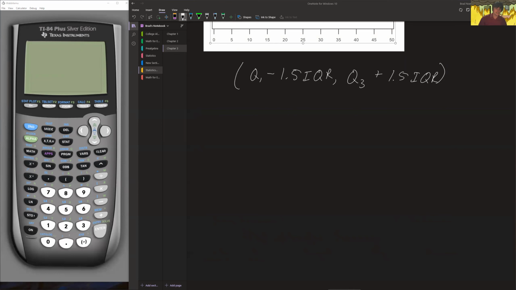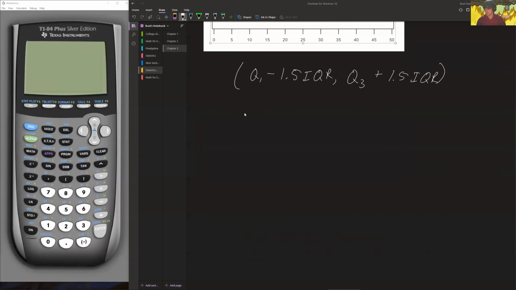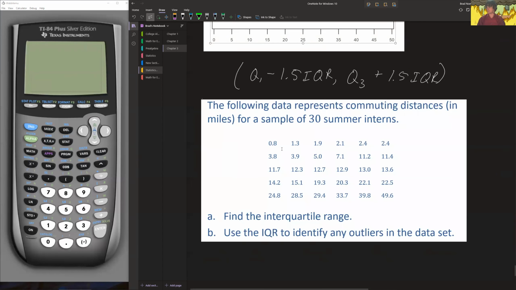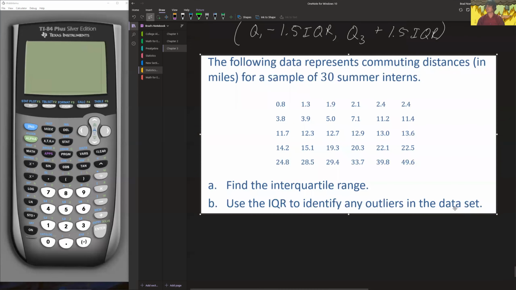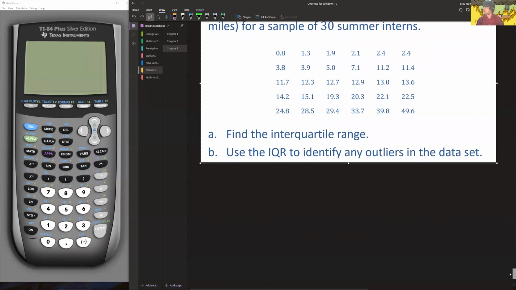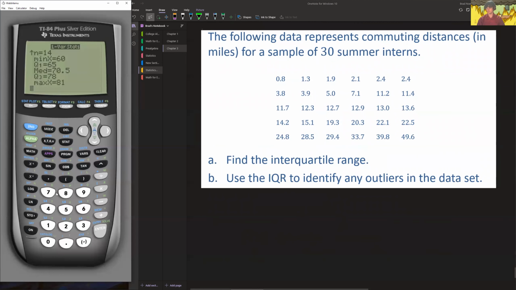So let's take a look at this example to see if we can identify an outlier, if any. It's possible that our data set doesn't have any outliers, and that's okay. The following data represents commuting distances in miles for a sample of 30 summer interns. Now, fortunately, they give it to us sorted, but that doesn't particularly matter. So I'm just going to go ahead and plug this data in: 0.8,